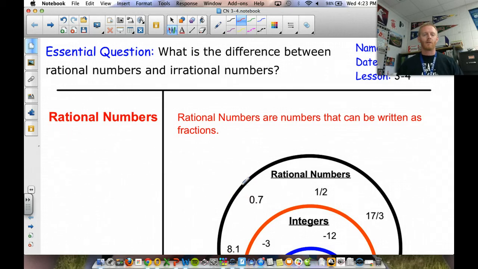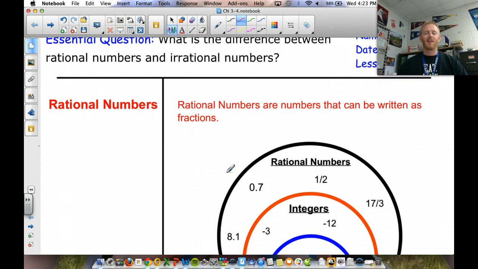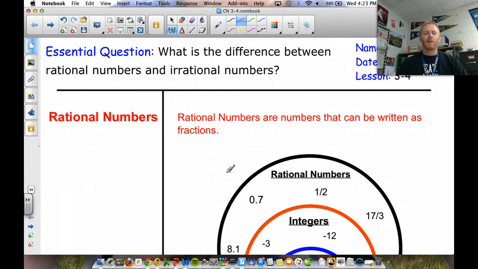All right, boys and girls, this is lesson 3-4. We're talking about real numbers. So this is the rational numbers, integers kind of talk. Right now I need to make sure you get down the essential question, and then you're going to want